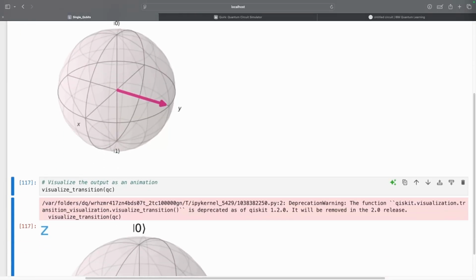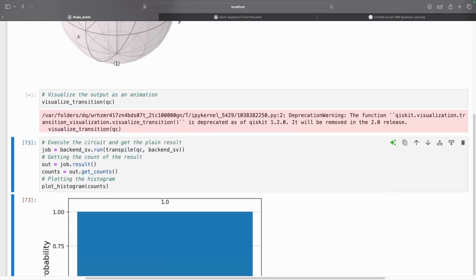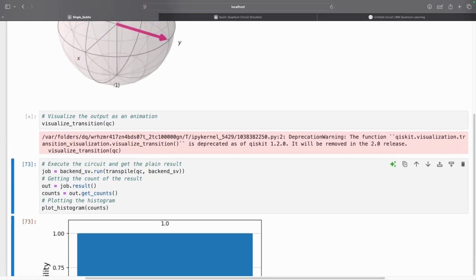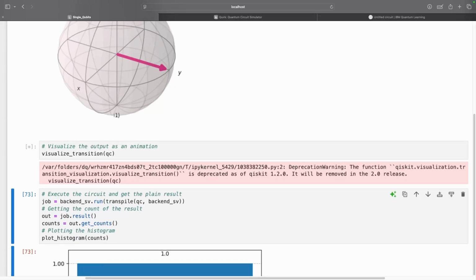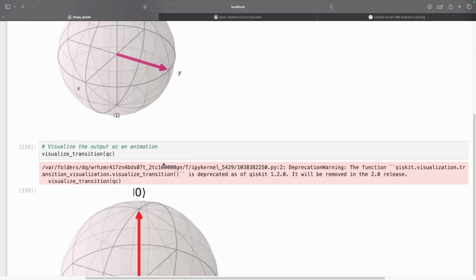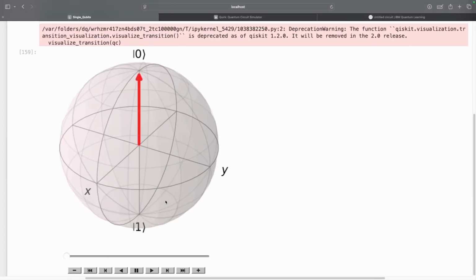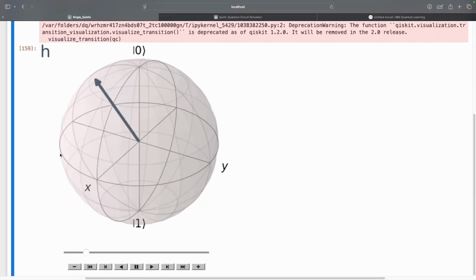Okay, let's run the visualization and visualize the transition. And let's come over here and play Hadamard gate and then S gate. So the Hadamard gate comes from Ket0 to X to plus and then rotates 90 degrees